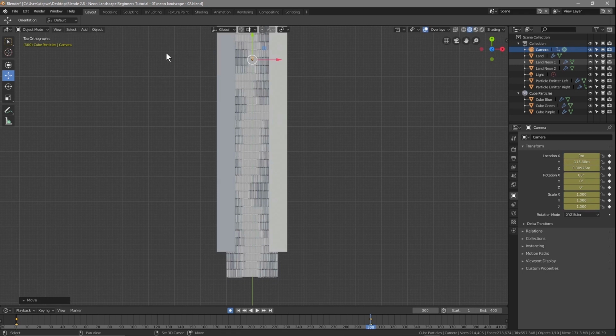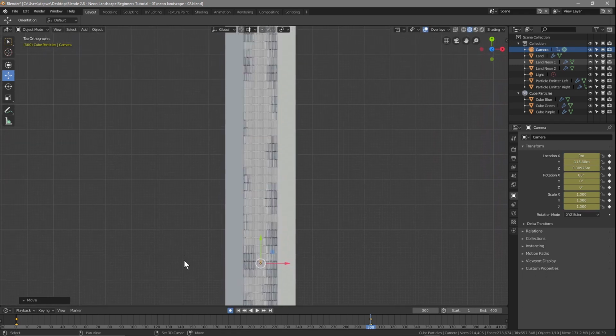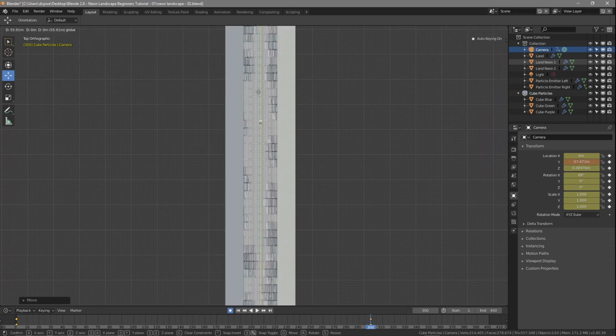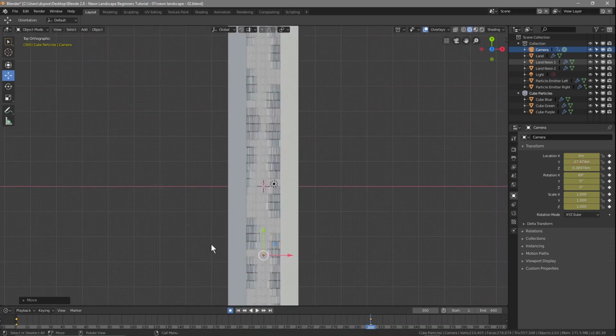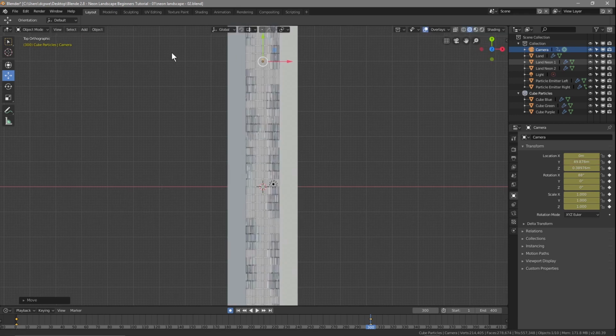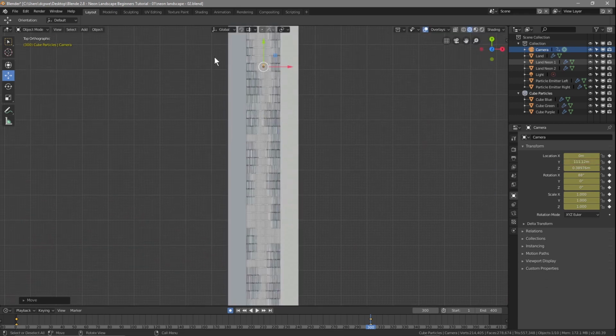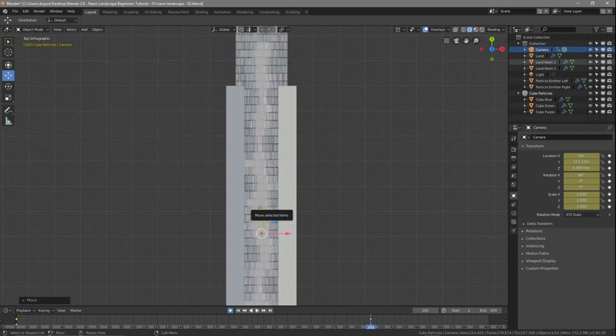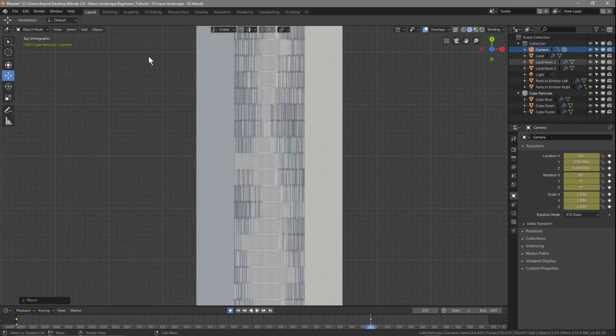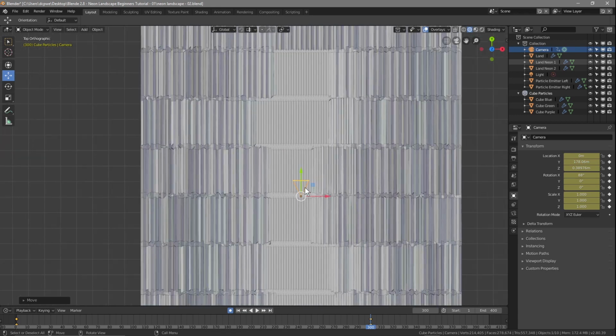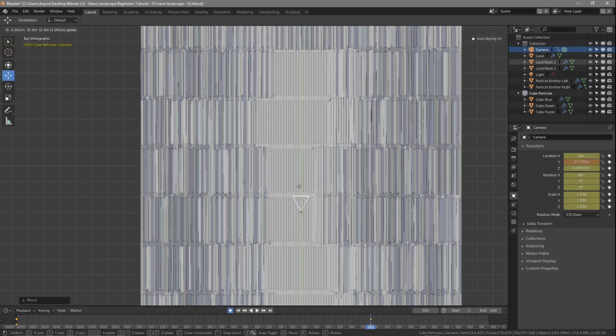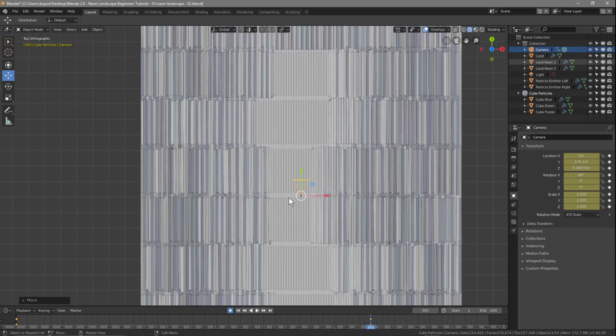Use the Shift key and the middle mouse button to pan upwards, and we're just going to drag this all the way up to the other side here. So just keep dragging it all the way up, and then zoom in at the end here, and we want the camera to stop before it gets to the very end. So around here should be fine, maybe a little bit more back, actually here should be fine, right here. So let's untick the record button, go back to the first frame,